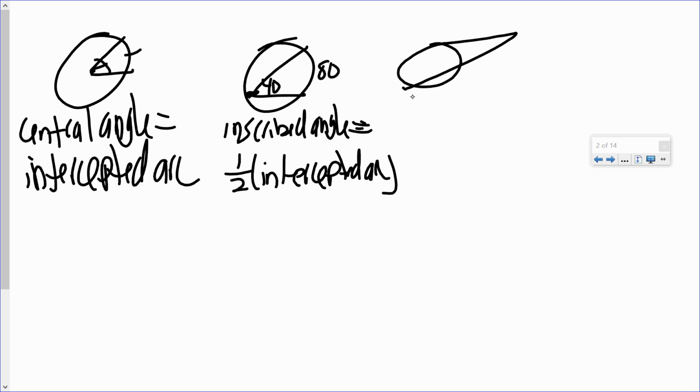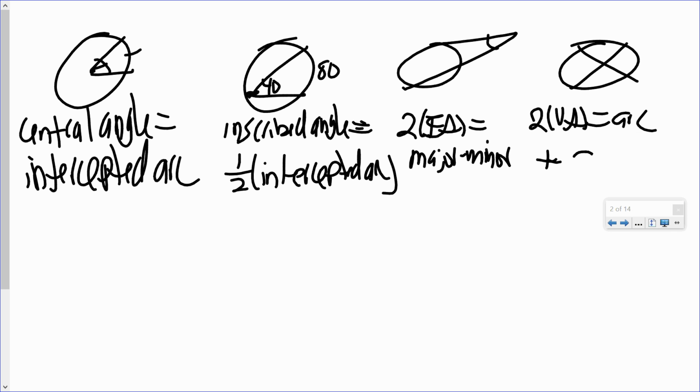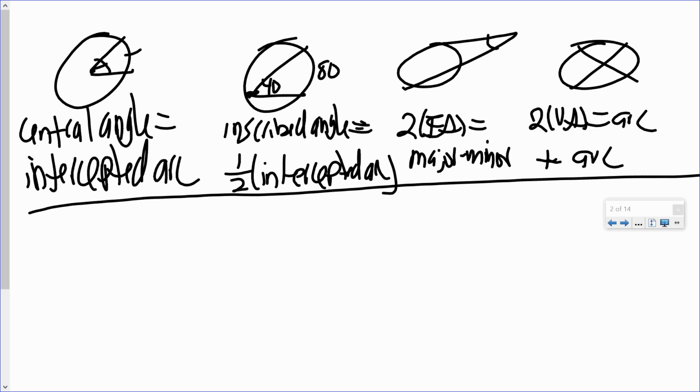If we have an exterior angle, we have the rule 2EA equals major minus minor. And if we have an interior angle not at the center, then we have 2VA equals arc plus arc. Those are my arcs and angles rules. You also need to know that the arcs of a circle add to 360, and if there's a diameter drawn, each half is 180. Now for segments,